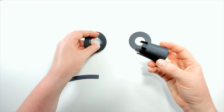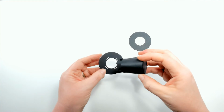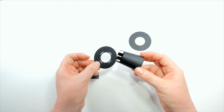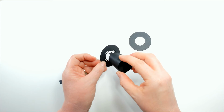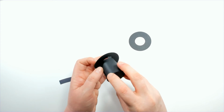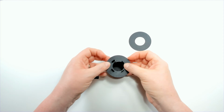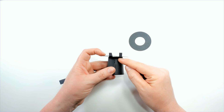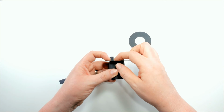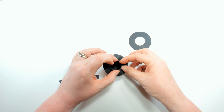And now we're going to attach the stovepipe portion of the hat to the brim. So these tabs that are on the bottom, we're just going to line them up with the 4 slots in the brim. Just like that. Flip it over. Make sure that the brim is pushed all the way down. There's no space there. So push it down, and as you push it down, fold these tabs out